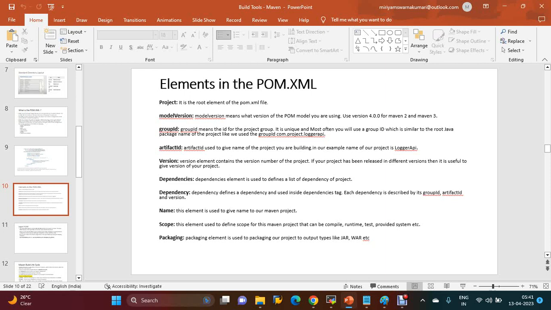We will have different versions of your project. And dependencies: the dependency element is to define the list of dependencies of the project, and inside the dependency tag, each dependency is described in group ID, artifact ID, version, and the name, element name, and the scope, packaging,